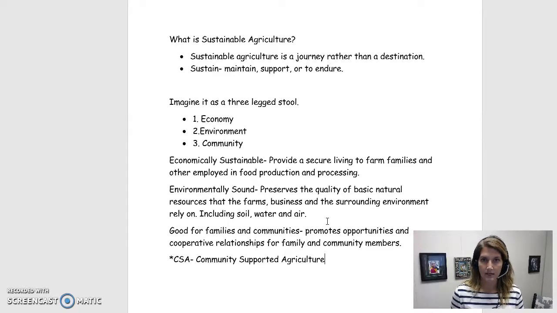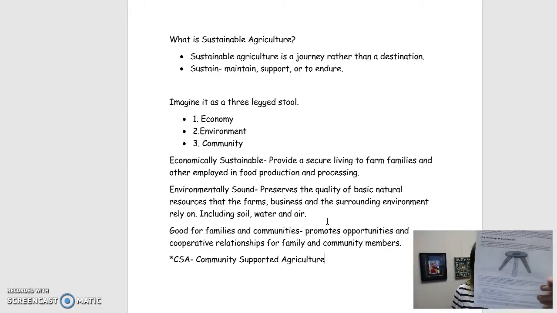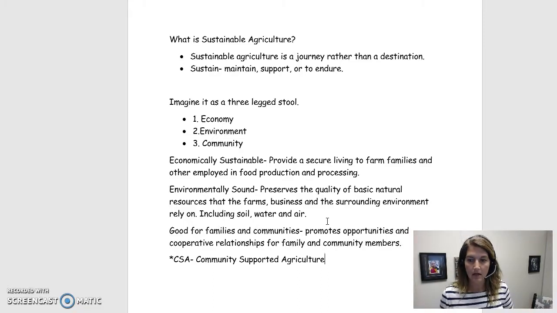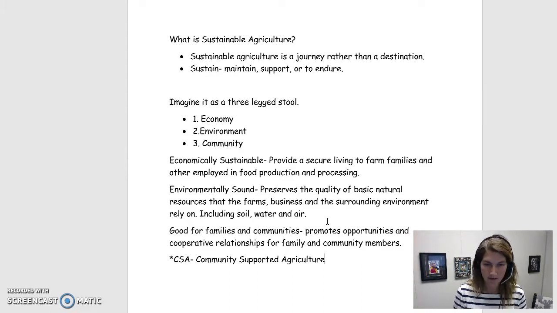You see a lot of CSA boxes in the Raleigh area and the Greensboro area because those people don't have the access to be sustainable. They don't have that ground access, the plot access to grow. And so those are the points that I wanted us to focus on today. Again, is to have your focus on that stool and the 3 things that play a key role into that.